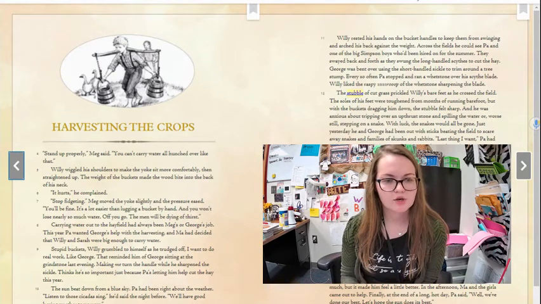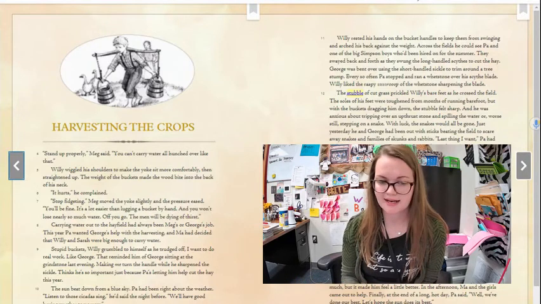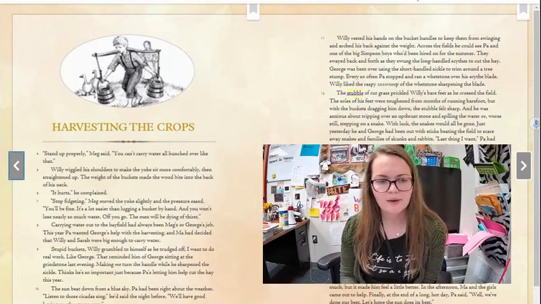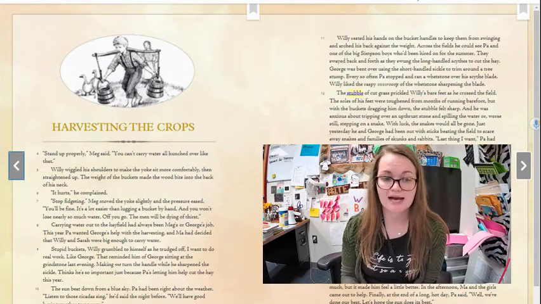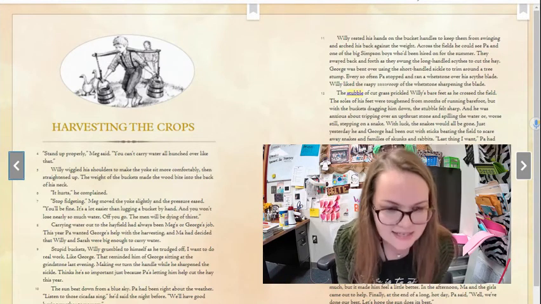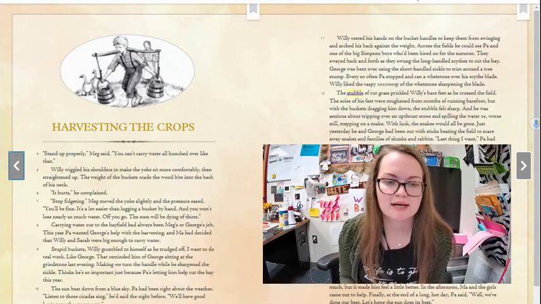This year, Pa wanted George's help with the harvesting, and Ma had decided that Willie and Sarah were big enough to carry water. Stupid buckets, Willie grumbled to himself as he trudged off. I want to do real work, like George. That reminded him of George sitting at the grindstone last evening, making me turn the handle while he sharpened the sickle. Thinks he's so important just because Pa's letting him help cut